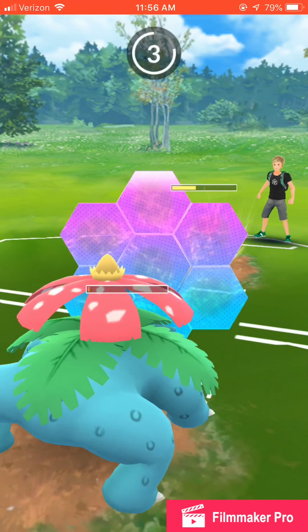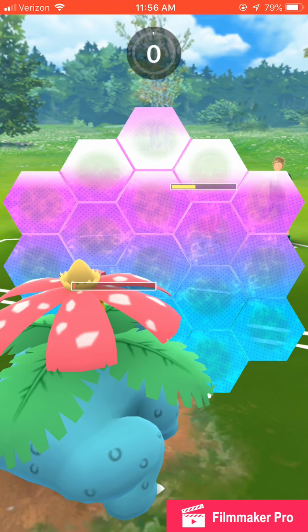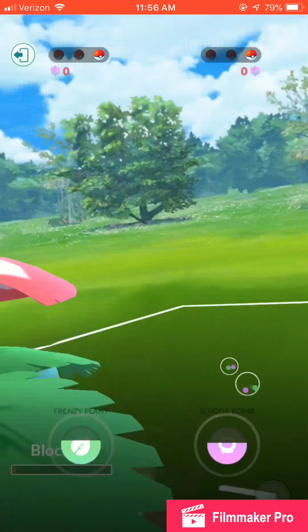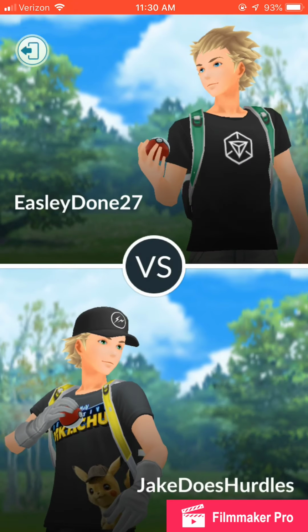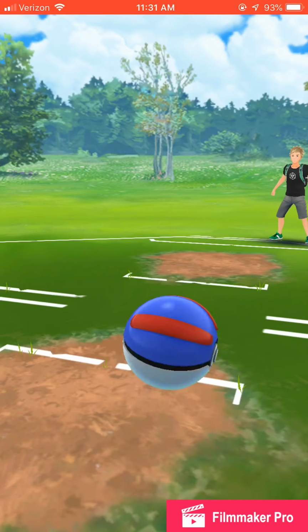But here we are, neutral matchup. Obviously, I have no health, but I'm going to shield anyway because you never know how quick you can get the Frenzy Plant, and I almost got to it, but GGs to Tanner in that game. So let's move on to another match with Easily Done 27, and I'm going to be leading